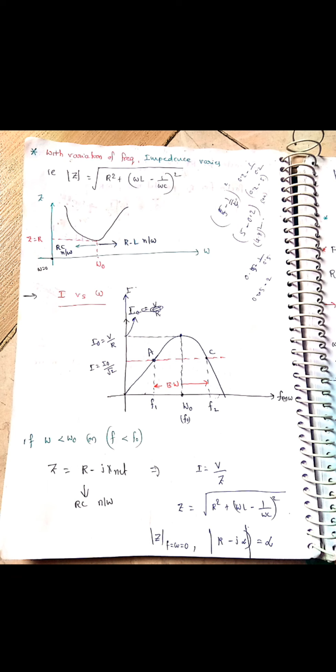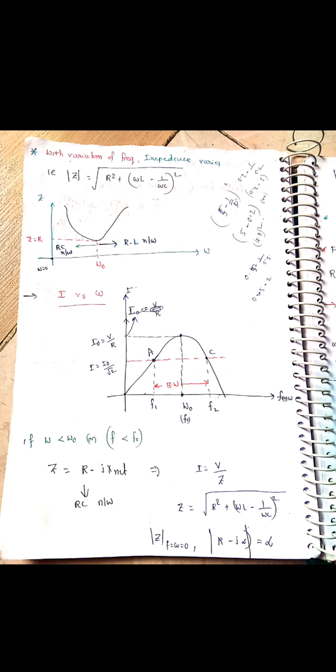Next, characteristics. We have to draw the characteristics, which are always frequency with current or impedance. We'll draw two types of characteristics here: frequency versus impedance and frequency versus current. Because of frequency only, impedance will exist. That's why frequency or angular frequency we take on the x-axis, and the dependent Z we take on the y-axis.